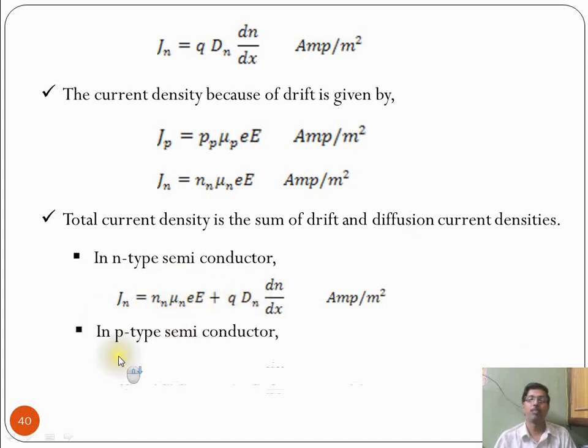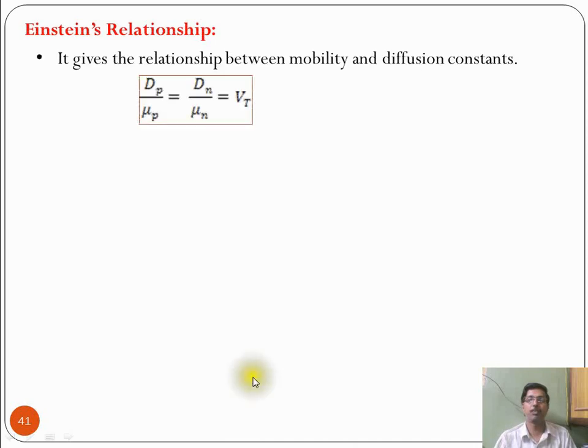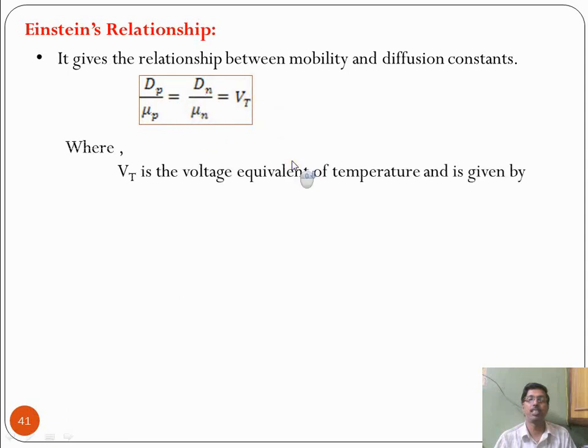Like that p-type semiconductor, this is the current due to the drift current, and there is also a diffusion current. The Einstein relationship gives the relationship between the mobility and the diffusion constants: Dp by mu p is equal to Dn by mu n, that is equal to Vt. Here Vt is the voltage equivalent of the temperature, and it can be given by the expression kT by Q,